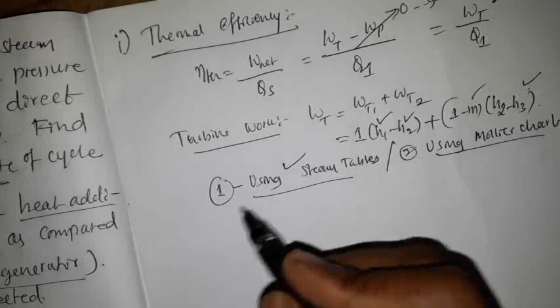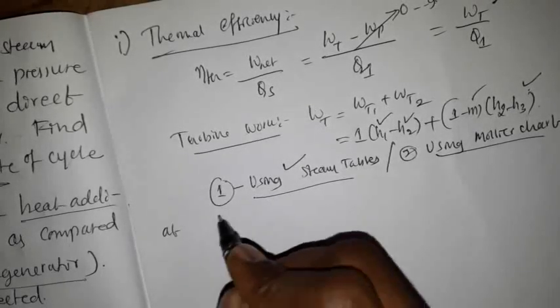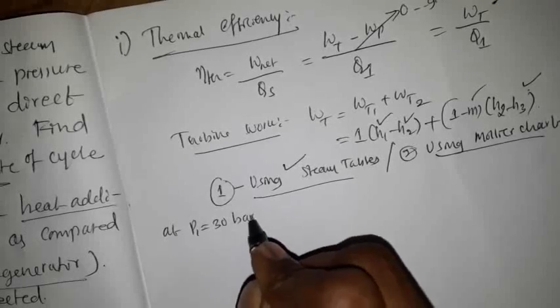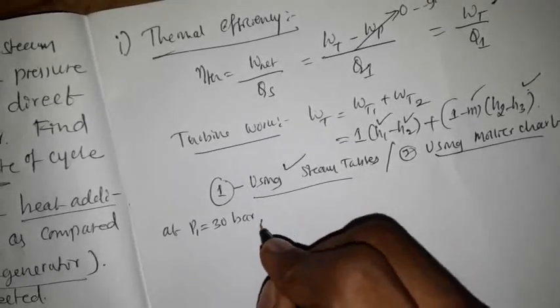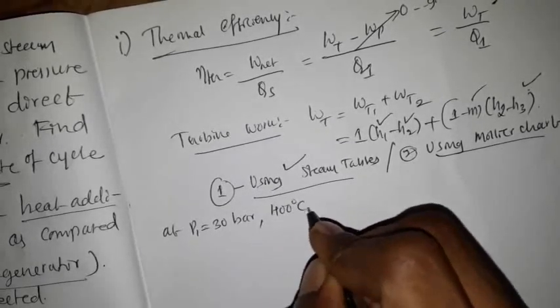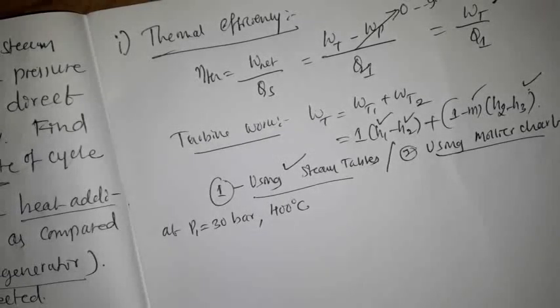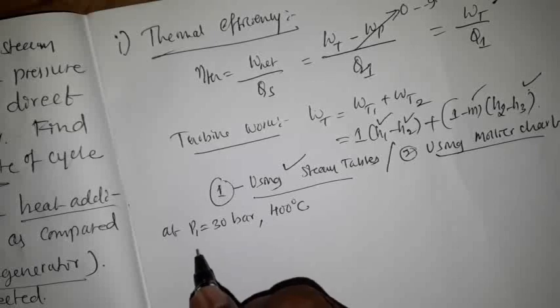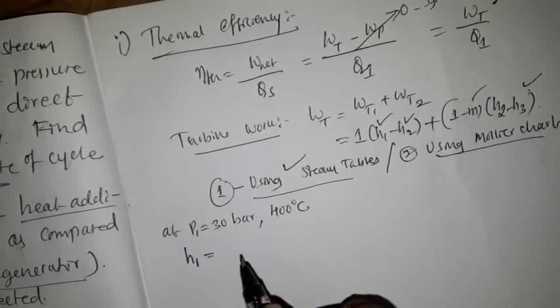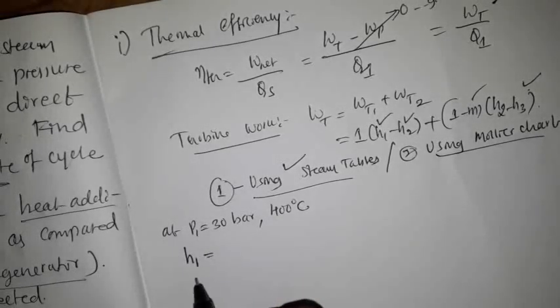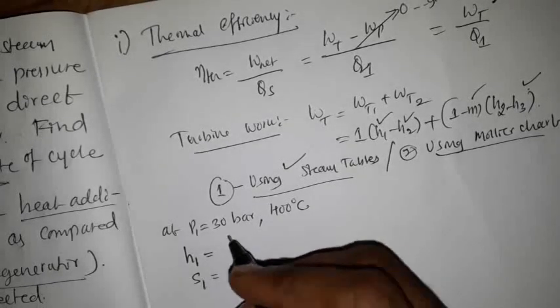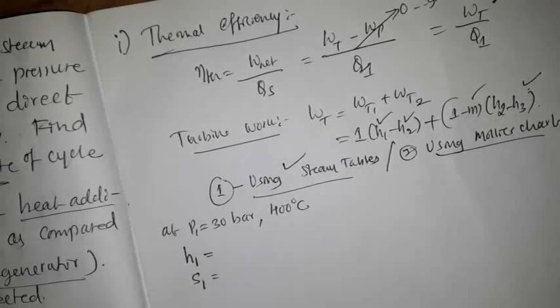at 30 bar, at P1 is equal to 30 bar and 400 degrees Celsius, we can get the enthalpy value H1 and entropy value S1 as,